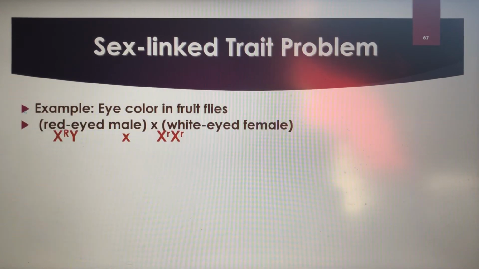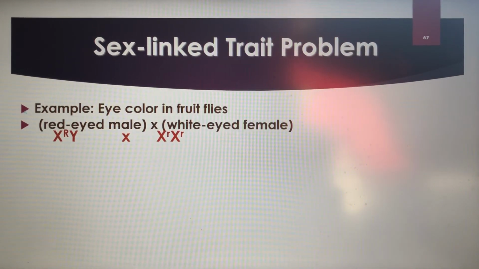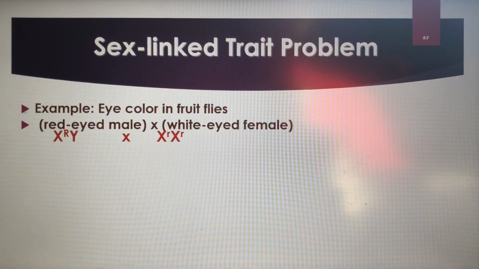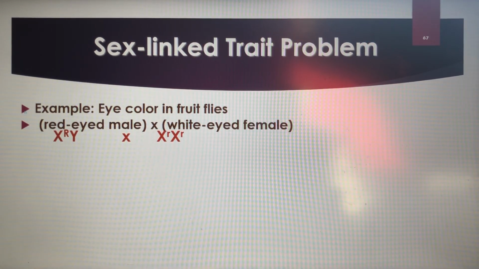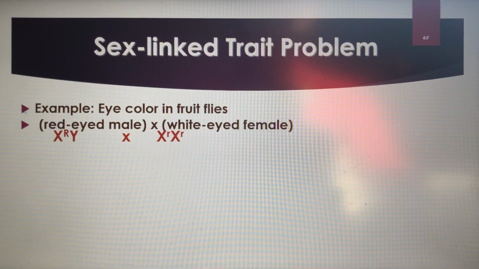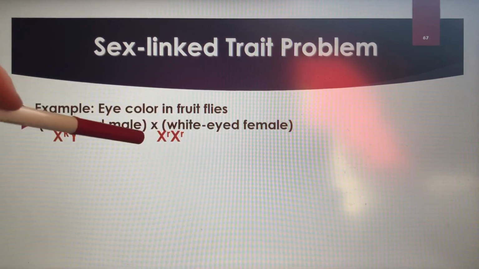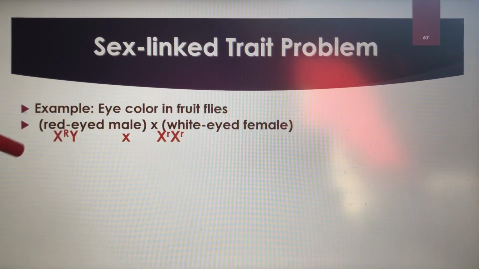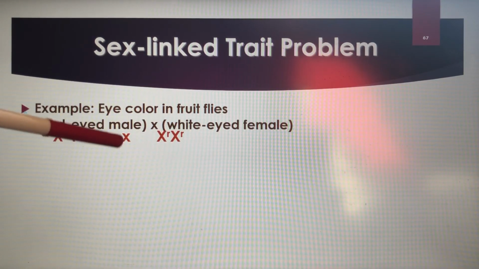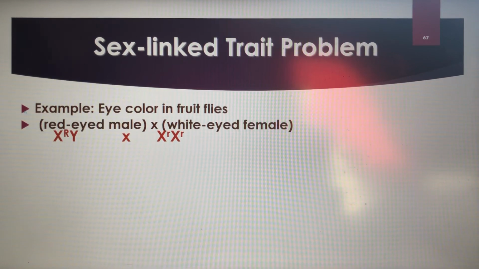Okay, so an example of sex-linked traits would be the eye color in fruit flies. And you're going to examine fruit flies in your lab. The eye color in fruit flies is only found on the X chromosome. Okay, so if you had a white-eyed female, then she has to have two copies because it's recessive. If you had a red-eyed male, he only has the regular big R, okay? Now, if we cross these two, we would know it was sex-linked if all the males ended up with white eyes. Why? Because the